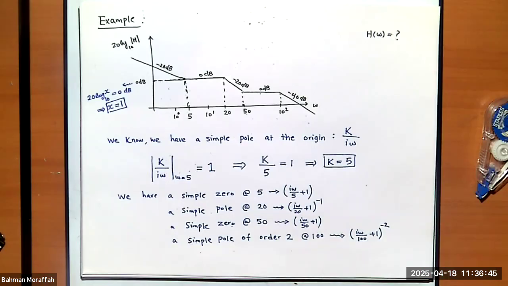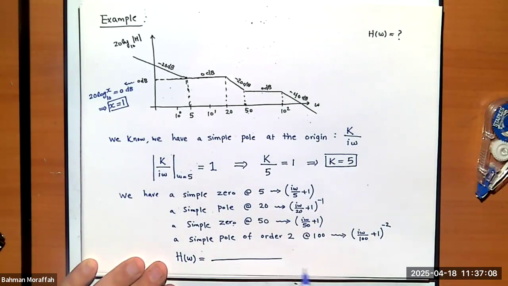Right? What is my function then? All these things multiply. Right? Because remember, I can decompose my transfer function into its zeros and poles. And these are the zeros and poles that I have. So I have to multiply them all out. Right? Therefore, H of omega